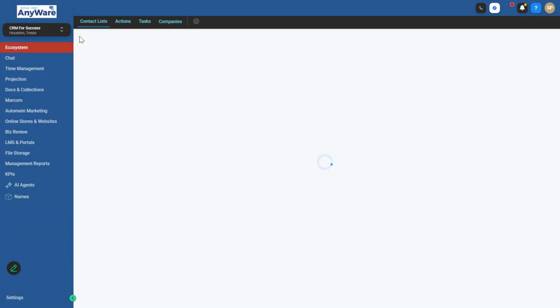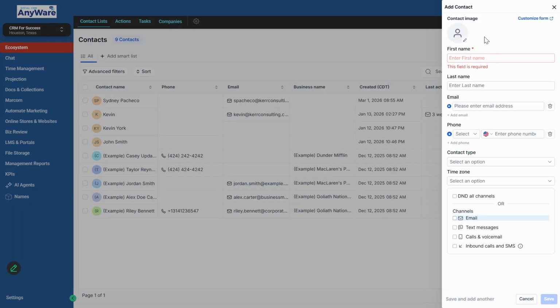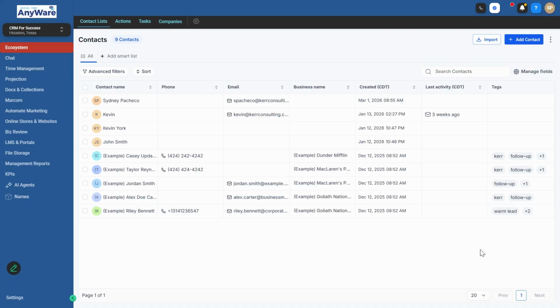So if you go back to the main dashboard, you could also manually upload a contact, and here you would just put all of the contact information, including their name, any required fields, as well as optional fields as needed. And then you can either save and add another contact, or you could just save that contact directly. And once that contact is added, it'll show up here under the